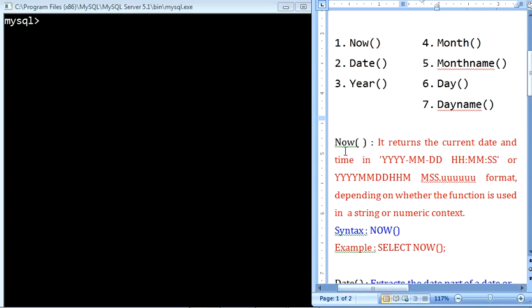Now is a function that returns the current date and time in year, month and date format and hours, minutes and seconds format.